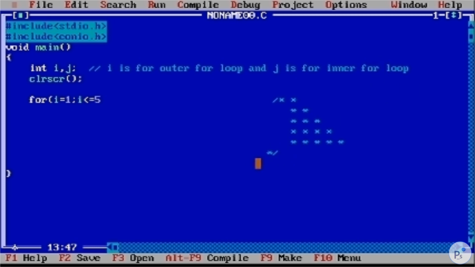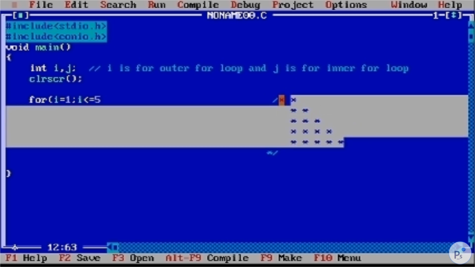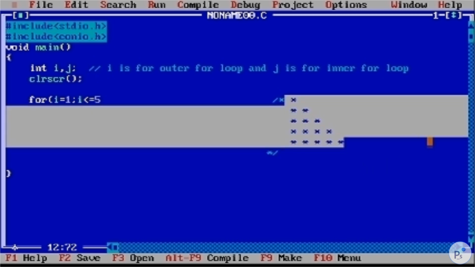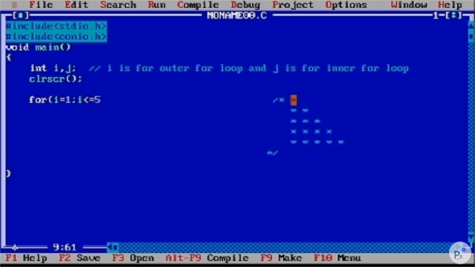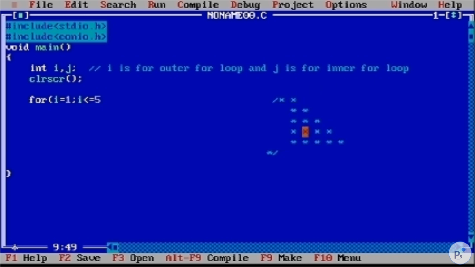This is a multi-line comment. We are not considering that, we are considering this. This is used to declare multi-line comments, and this is for a single line comment. So don't consider that. We are trying to perform this, and as you can see, there are a total of 5 rows. That's how our outer loop will rotate 5 times.